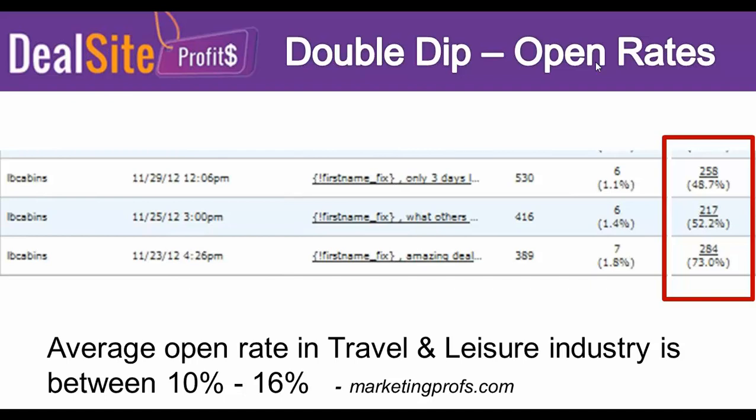Okay, so here you can see this first one. It says amazing deal. And you can see we had a 73% open rate. Now, that's exciting. For those of you who have anything to do with email marketing, sending out emails, an open rate like that is amazing. Because look at the bottom. It says an average open rate in the travel and leisure industry